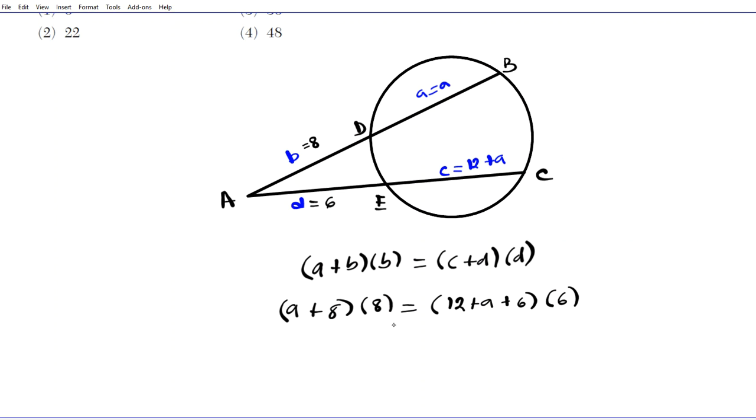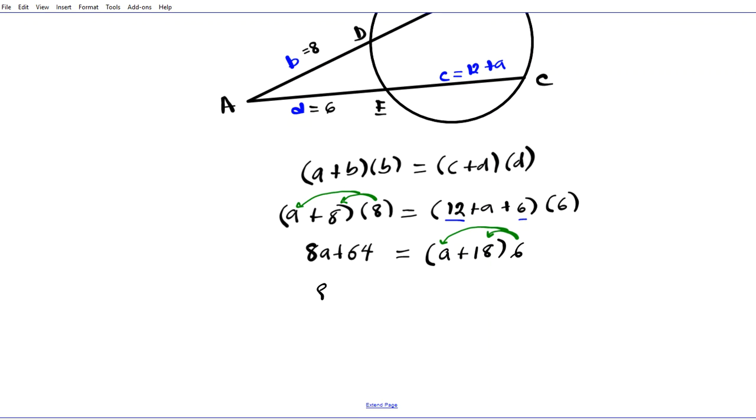All right. So let's simplify this. We have 8 here we can distribute. So we have 8a plus 64. Remember, when you have parentheses, you distribute. Okay. And then on the right side, we have to simplify this interior portion first before we distribute. So we have to combine 12 and 6 to yield 18. So 12 plus 6 is 18, and then you have a plus 18 multiplied by 6. Now we can distribute the 6 to the 18 and the a. Okay? All right, when we do that, we